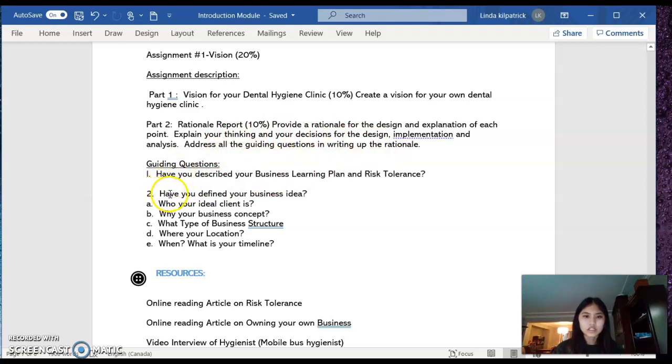Guiding questions. Are the guiding questions for both sections or just part 2? If it's just for part 2, I feel like part 1 could include a little bit more because, obviously